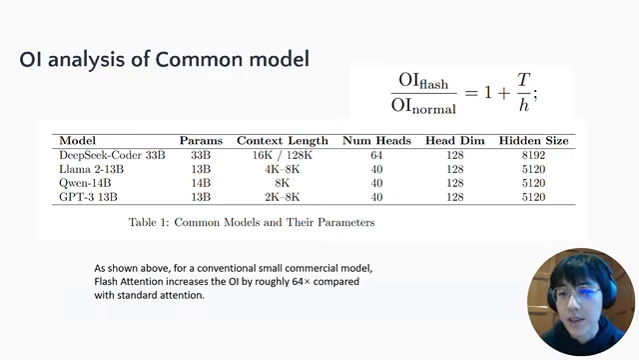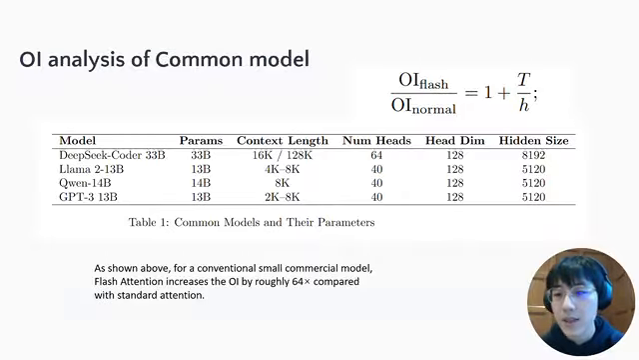This slide shows the operational intensity behavior of FlashAttention on several commonly used large language models. On the right side, you can see the simplified formula. This ratio tells us how FlashAttention improves the operational intensity compared to standard attention. It depends mainly on sequence length t and the head dimension h. Because modern-day LLMs tend to use very long context windows while keeping the head dimension relatively small, this ratio can become very large. The table below lists several representative commercial and open source models, and we can see that if